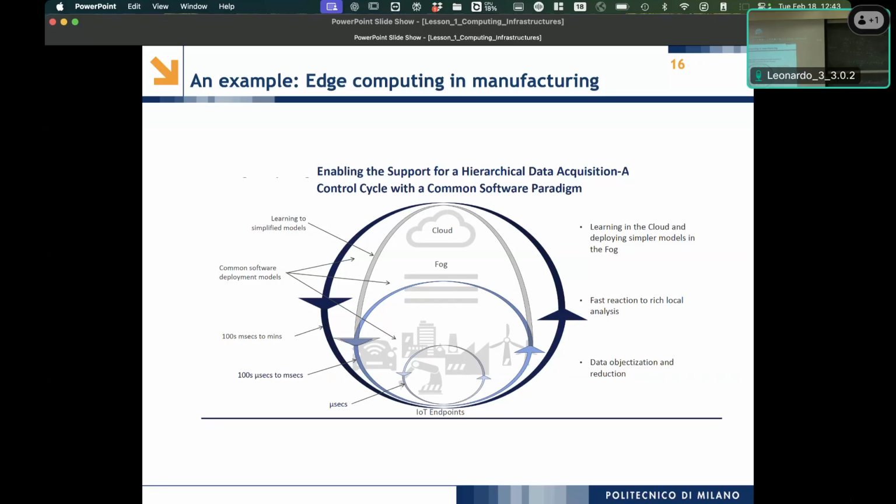Okay, so in the two examples that we considered yesterday, for what concerns the drone scenario taking pictures, the IoT thing is the drone itself. It's running some components on board. It's deciding if a picture is good or not, is blurred or not, is too dark or too light. Then the processing to decide, for example, if there are faults in your system is done in the intermediate layer, which for the drone scenario is the laptop of the pilot of the drone, right?